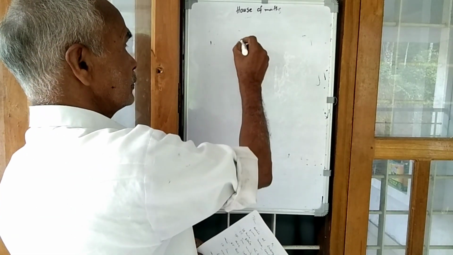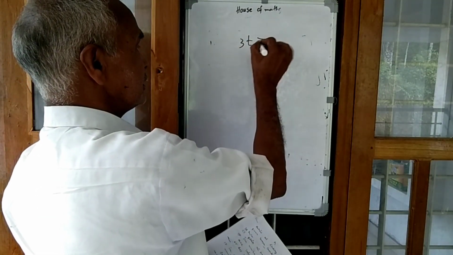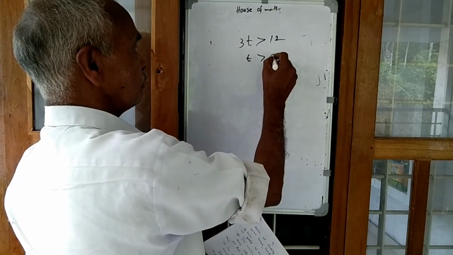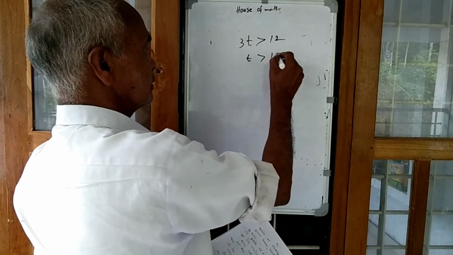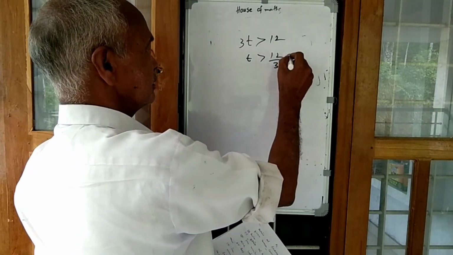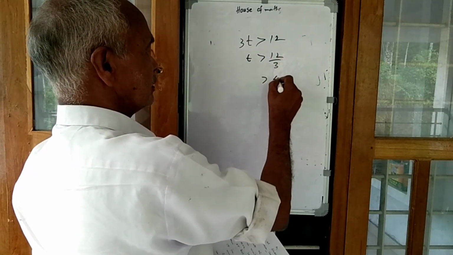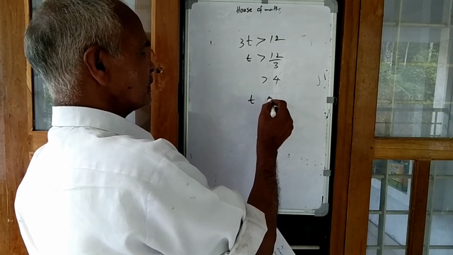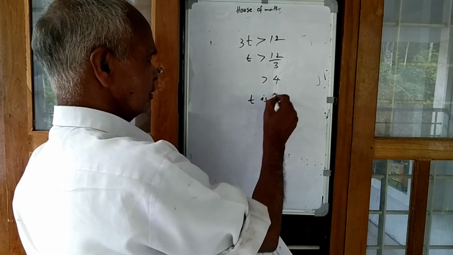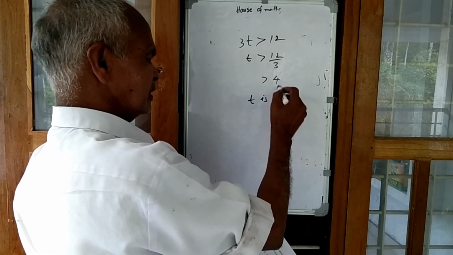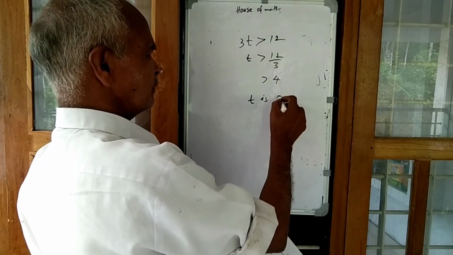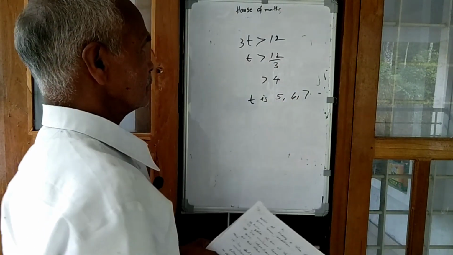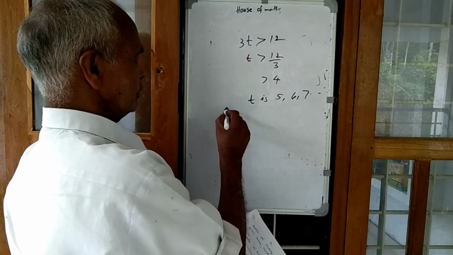3t is greater than 12. That is, t is greater than 12 by 3, that is, t is greater than 4. Therefore, the expected values of t are all the integers greater than 4, that is 5, 6, 7, etc. Again, another one,